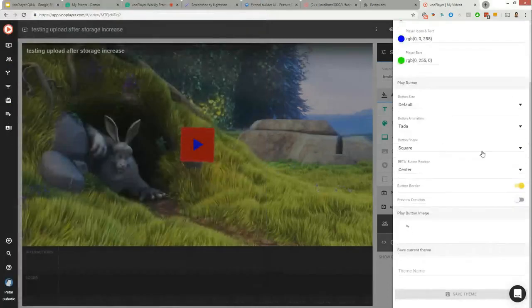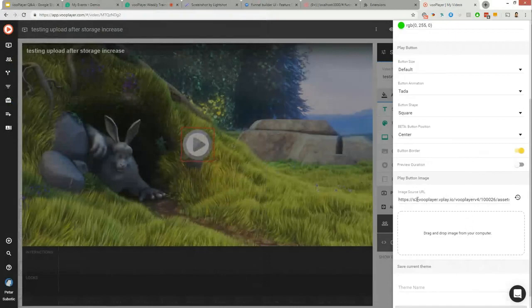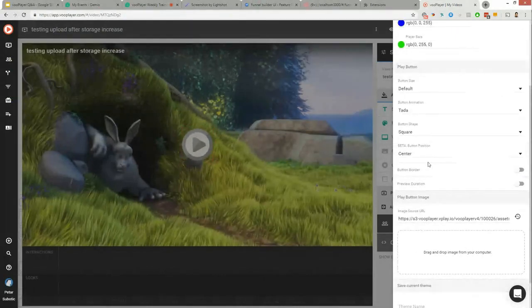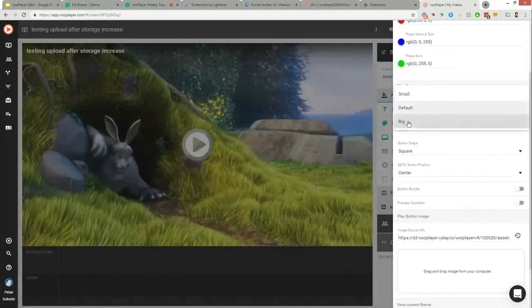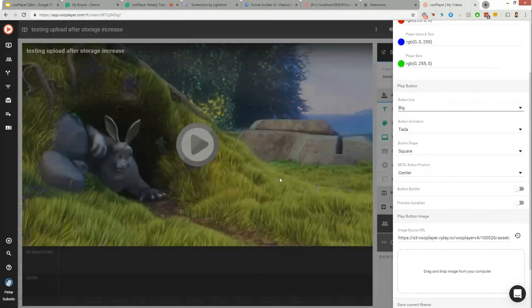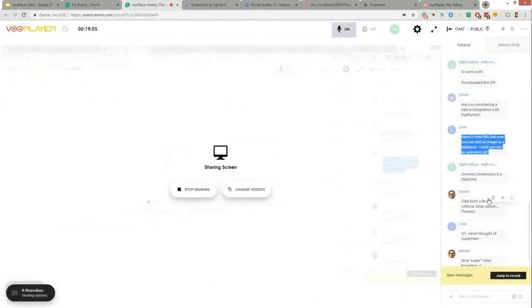Why not? I'll just turn off the border as well and maybe make it a little bit bigger. Button size big. So that's providing a custom image for the play button. Hopefully that addresses that.